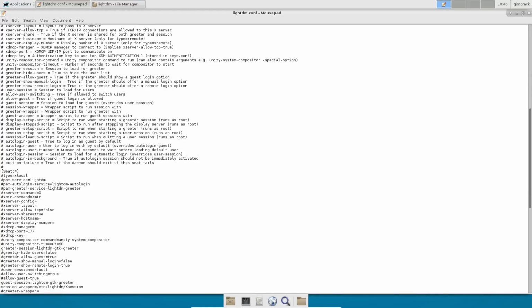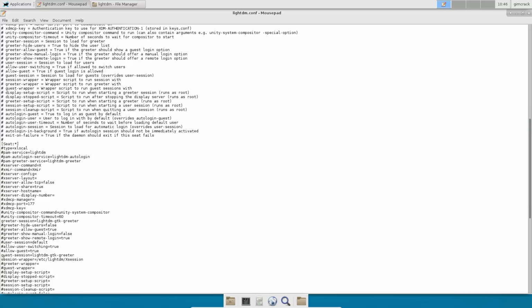I think I only needed one, but it's greeter-session. I had to take the comment out and then add lightdm-gtk-greeter. I did it here, and I also did it right here above the session-wrapper, which was already there with no hyphen on it. So I did it in these two places. I think you only have to do it once, probably here, and I rebooted, and now I'm greeted with the